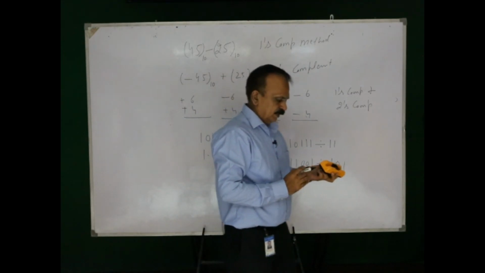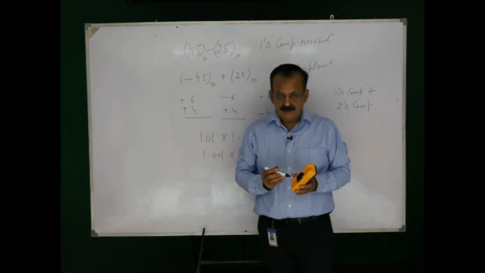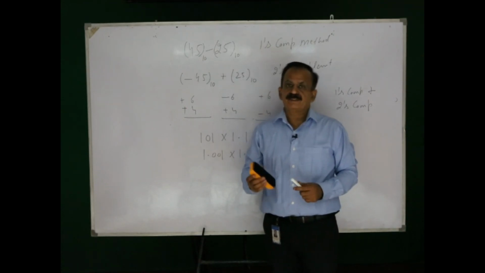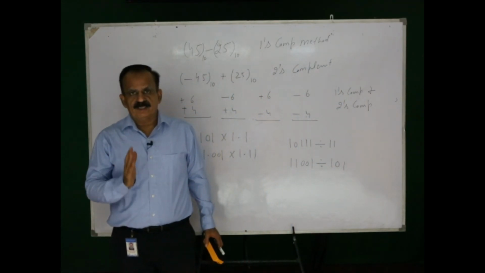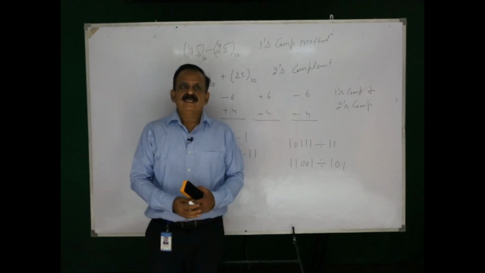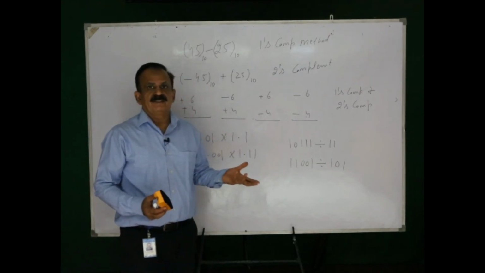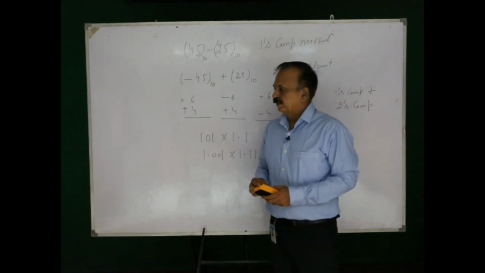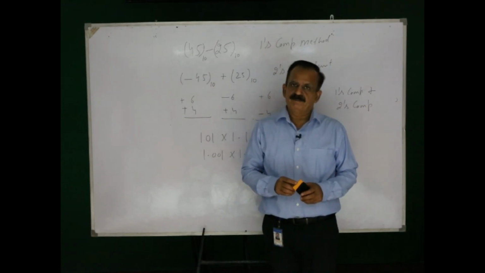Right. So today's discussion was very simple, how negative numbers are represented in computer's memory. Be sure we will be taking the ones and twos complement only for the negative number, and then we discussed how ones and twos complement methods with the signed numbers are used for subtraction, and the next was multiplication and the division of binary numbers.